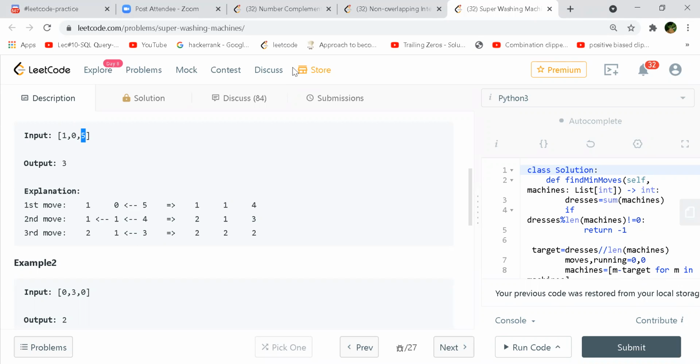So you are saying first we need to find the average per machine, and then we need to find out the surplus or the deficit for each machine, correct? Yeah, it's like a gas station problem where you fill the petrol. There is a capacity of the tank, and you have to decide whether you can reach the next destination or not. Circular gas station kind of. Yes, you can say that. But here we have a deficit issue also. Yeah, and that's another difference.